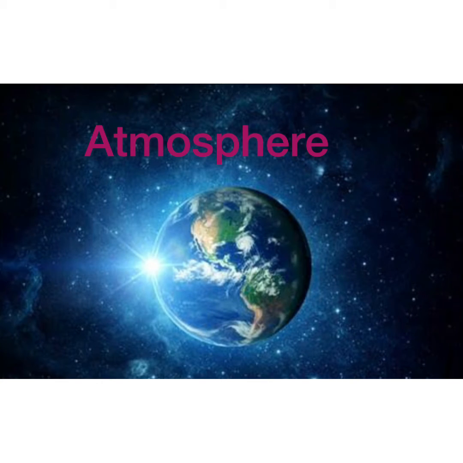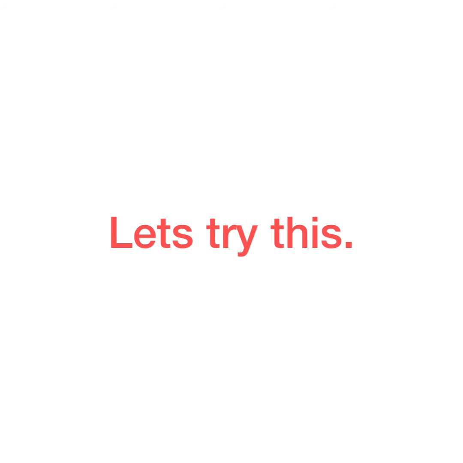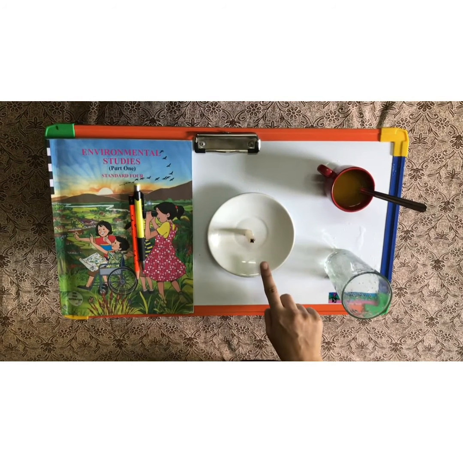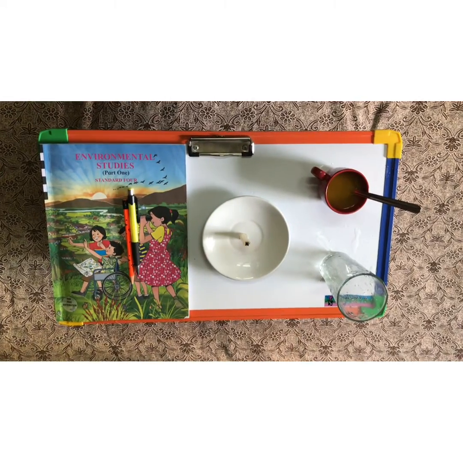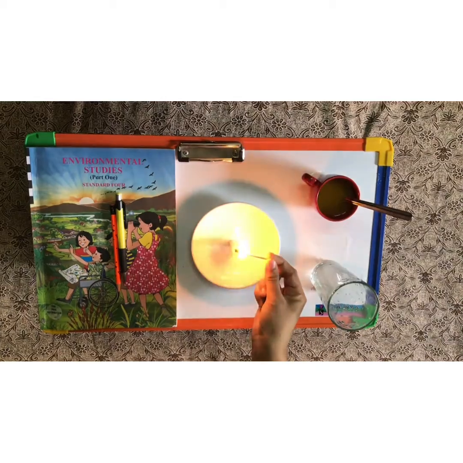As we go farther from the earth, the layer of air becomes thinner. That is, the layers of the air closest to the earth are very close to each other, while the ones at the higher level are not so close. The air at greater height is rarer. Okay, students. Now let's see one more experiment. Take a slightly deep dish like a saucer. Place a candle on it and light it up.